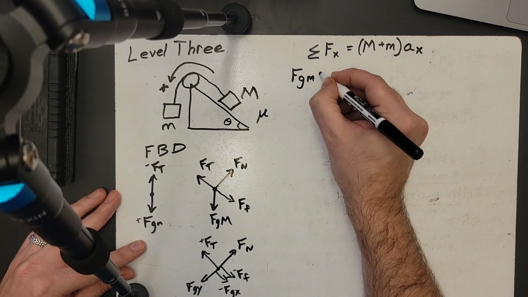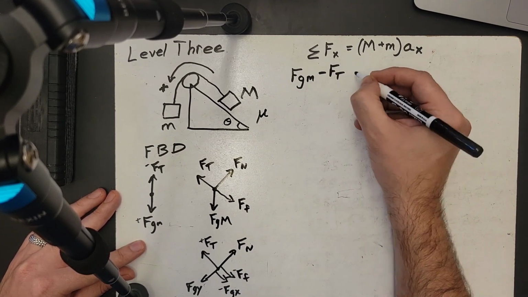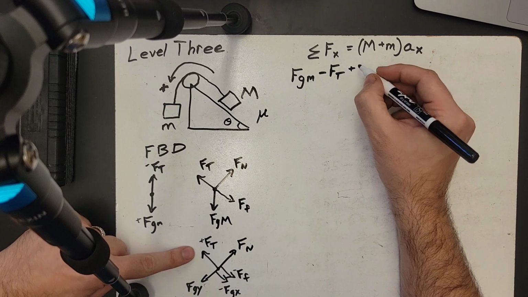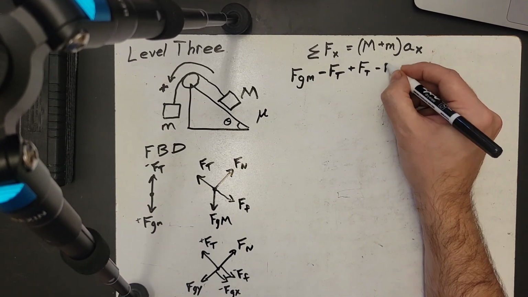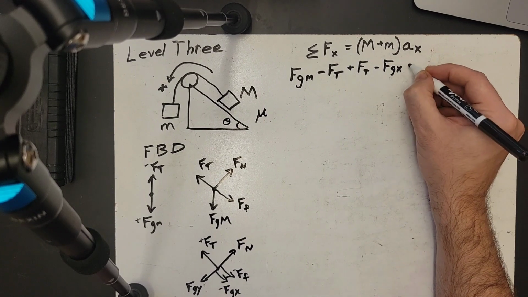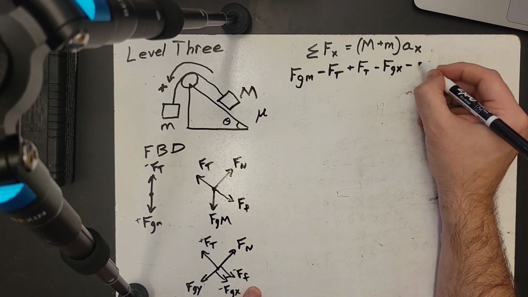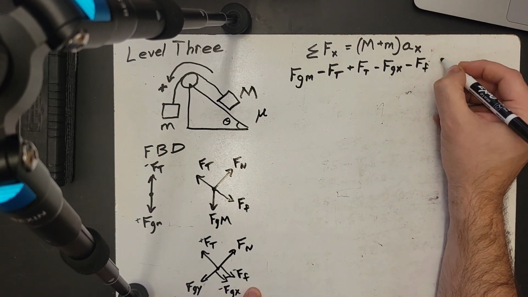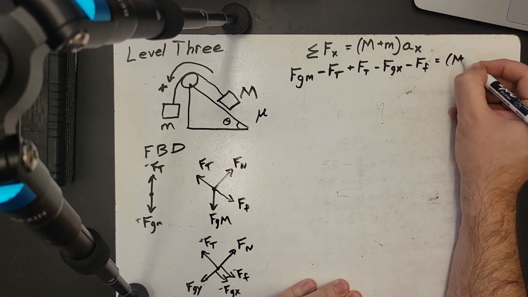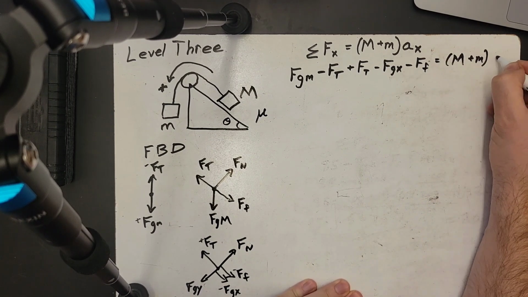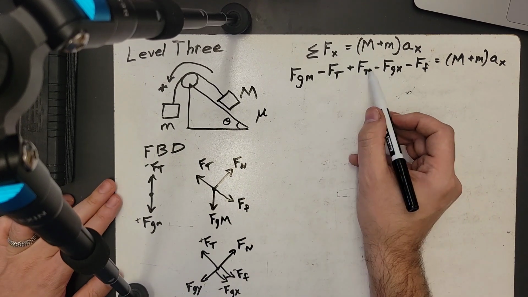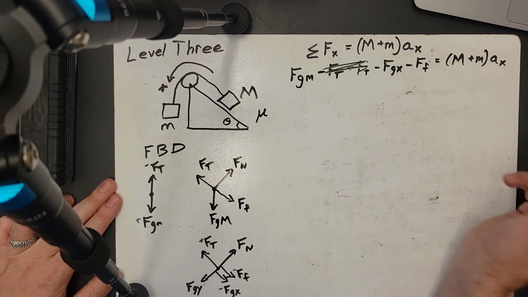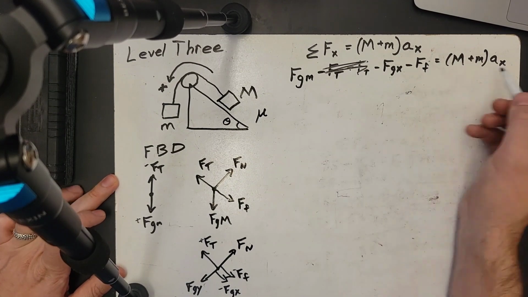Fg little m minus tension force plus tension force minus Fgx minus force of friction. Okay, well, minus tension force plus tension force, that just cancels out. I don't care about that. And now we're just going to